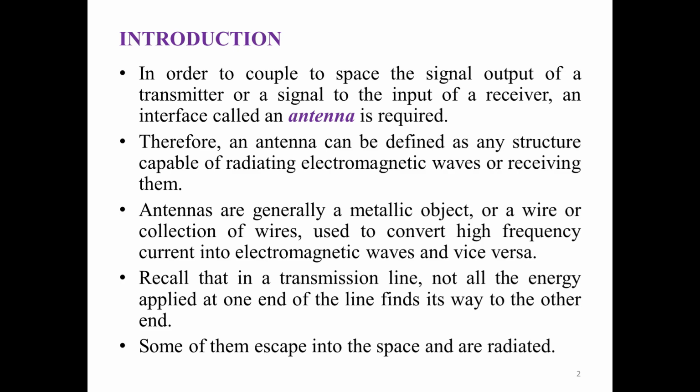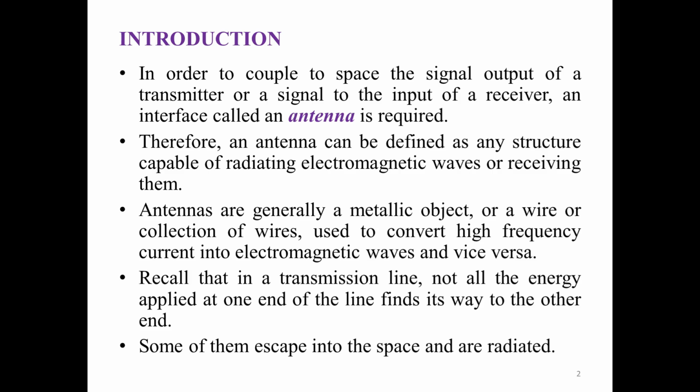In order to couple to space the signal output of a transmitter, or a signal to the input of a receiver, an interface called an antenna is required. Therefore, an antenna can be defined as any structure capable of radiating electromagnetic waves or receiving them. Antennas are generally a metallic object or a wire or collection of wires used to convert high-frequency current into electromagnetic